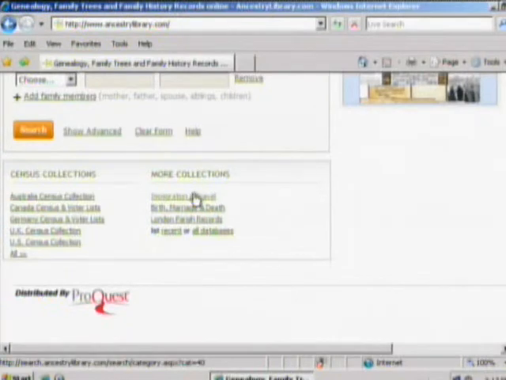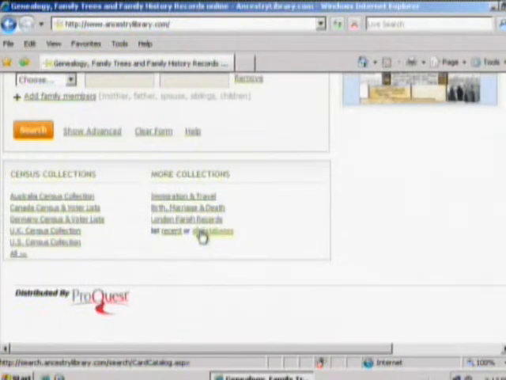And under more collections, certainly it is not just limited to census records and voter lists. As I said, there are some vital statistics in here. There's information about immigration and travel, so anyone that entered the country within a certain amount of time, their immigration records will be here, and that's kind of interesting to note as well.